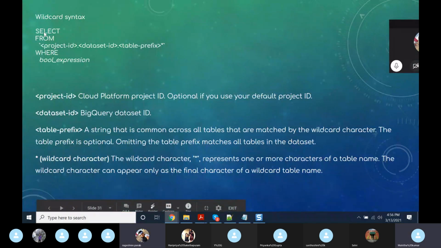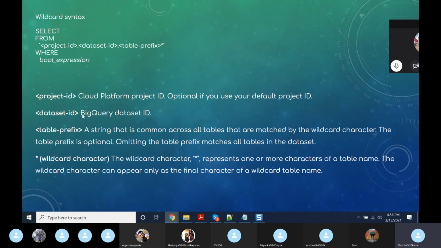So this is the syntax. Select from project ID, dataset ID, and table prefix, and the wildcard character, the star. One other important thing is these are not quotes, these are backticks. These are important. Without them, we will get errors in BigQuery. For the project ID, we can give our own project or the cloud platform project ID.